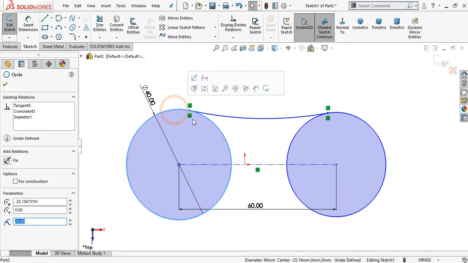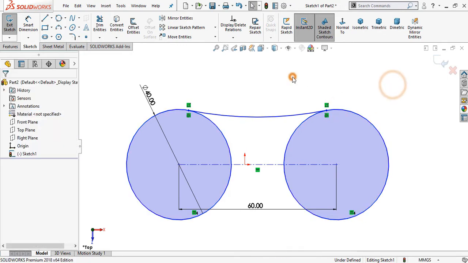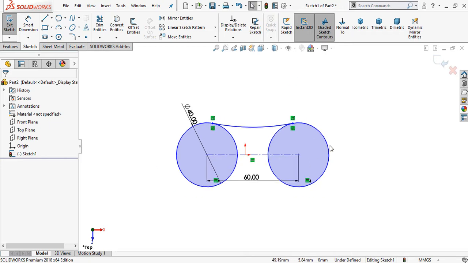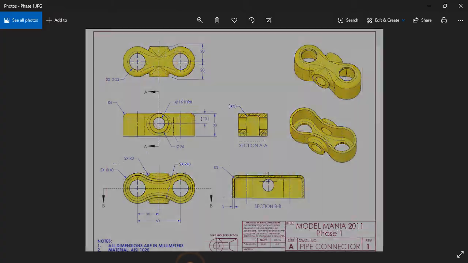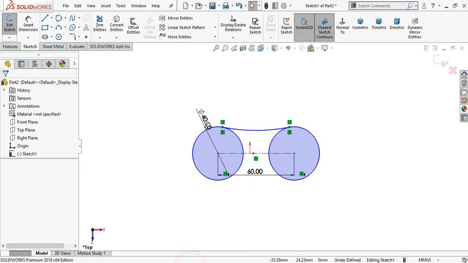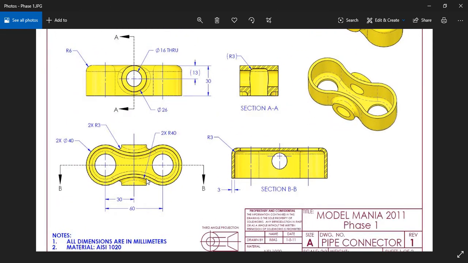Now select this circle and hold down the Control key on your keyboard and select this circle. Make equal relation. Now this radius is 40 mm.